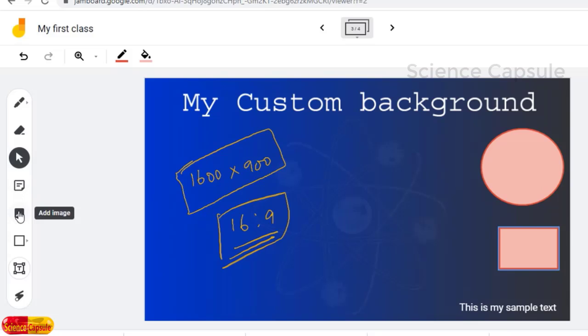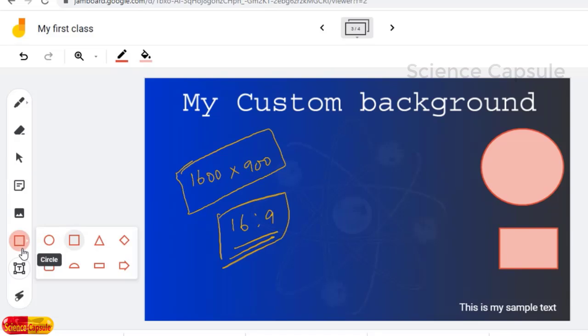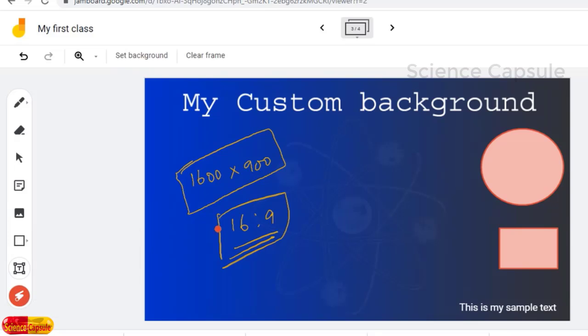And sticky note, we have already seen. Image is for adding any type of image, and here square, various shapes, so with the help of this you can use various geometrical shapes, and a text box. And one of the most important and very interesting tools available is the laser tool. When you click on the laser tool, see here you can highlight this, it will disappear automatically. So very handy tool and a very interesting one. For the explanation process you can just highlight it, it will highlight the point whichever we are explaining. So this is how this laser pointer can be used. So these are the most important tools available in the Jamboard.